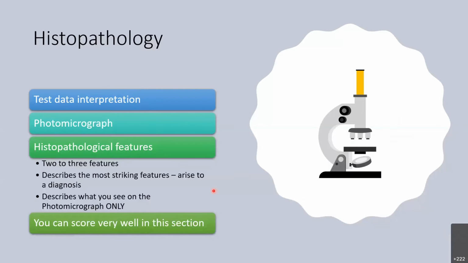The next one is the histopathology part. Usually, this part will also test your data interpretation. They will give you a photomicrograph, and you need to interpret the photomicrograph given and come up with the features. The examiner will ask you to give 2 or 3 histopathological features that are available in the photomicrograph given. Again, similar to the gross part, you can score very, very well in this section